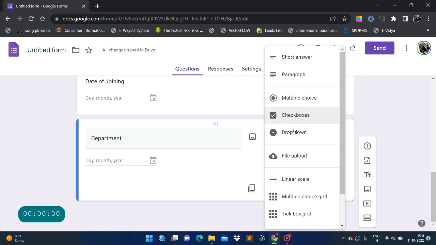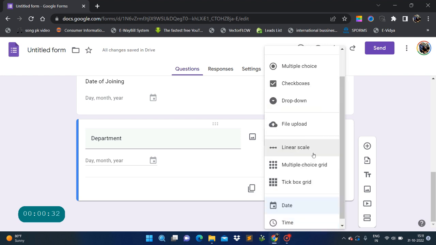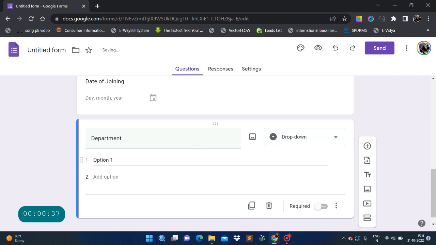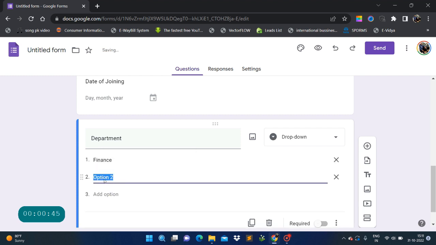So I will select drop down from this option, and what I need to be my first option, I will give finance, second option sales, third option